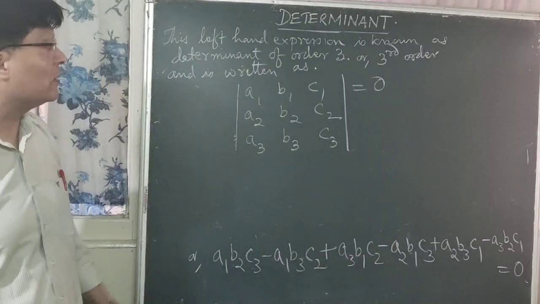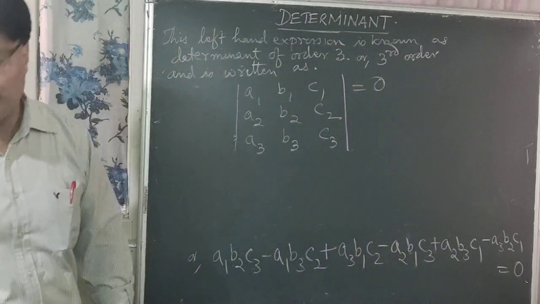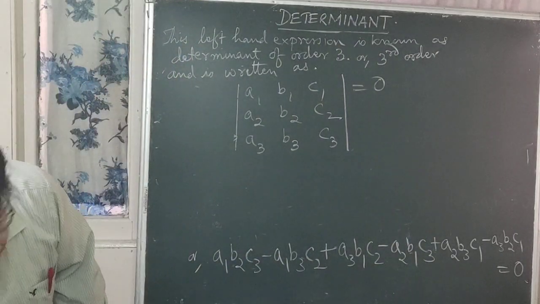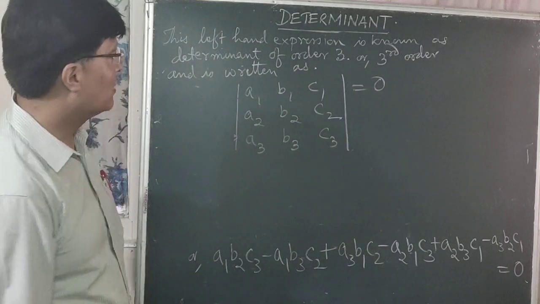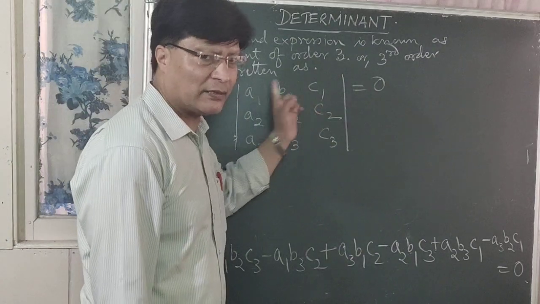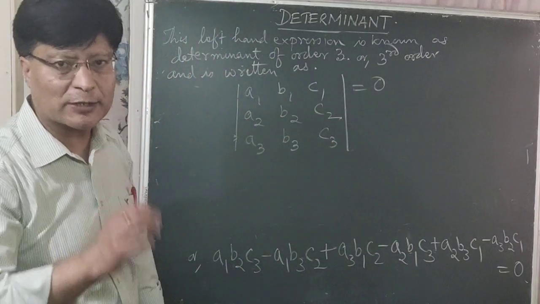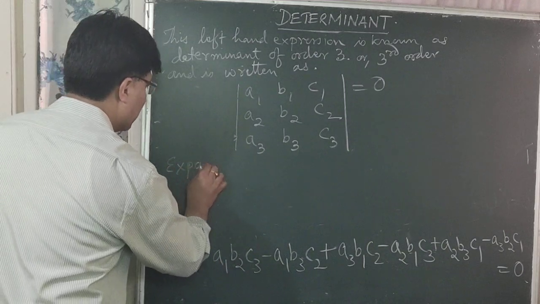Let us expand this determinant. This is known as expansion of determinant. Okay? So let us expand this determinant. Right? So let us expand it. Let us expand this determinant with respect to the first row. There you go. Expanding